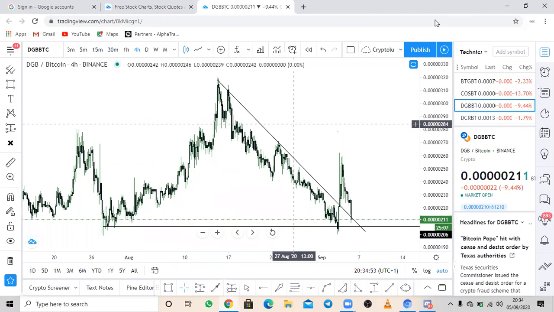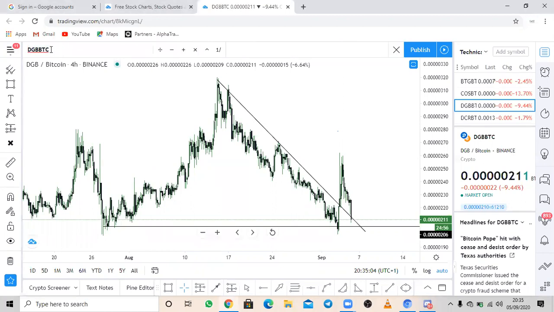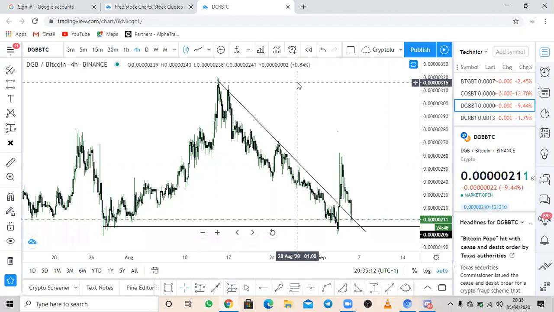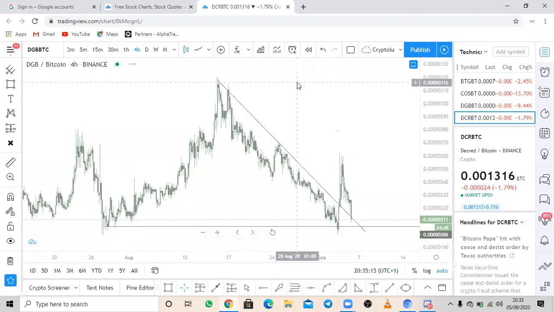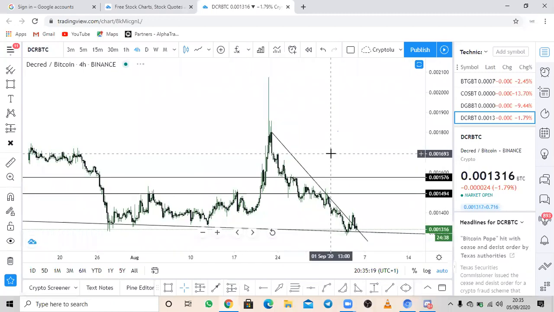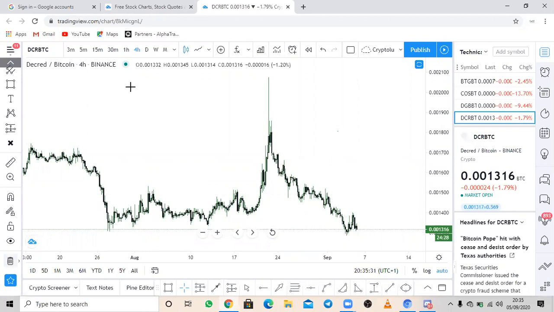Now the next coin is this CRBC. In fact, this is even my best. Okay, let me just go there. This is my favorite among all of them, CRBC. So for this CRBC, let me share my chart. When I go to the daily time frame,